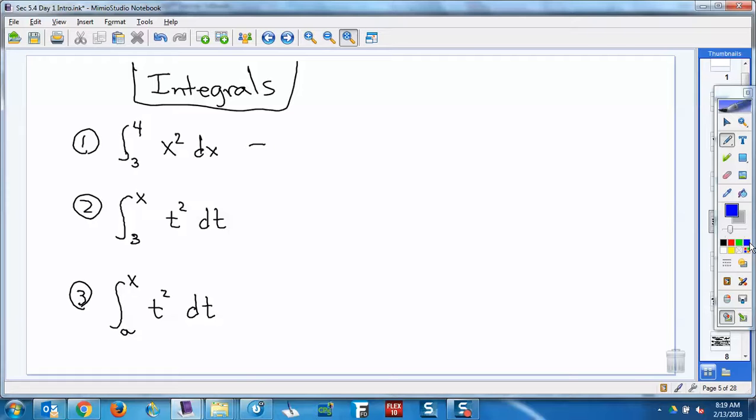Okay, let's do it. So we would do what? Let's do fundamental theorem part 2. So what do we need? Antiderivative. So that'd be 1/3 x cubed, right bracket, 3 to 4. And then we plug in a 4. So 4 cubed is 64. So 64 thirds. Then plug in a 3. 27 thirds. And that would equal,